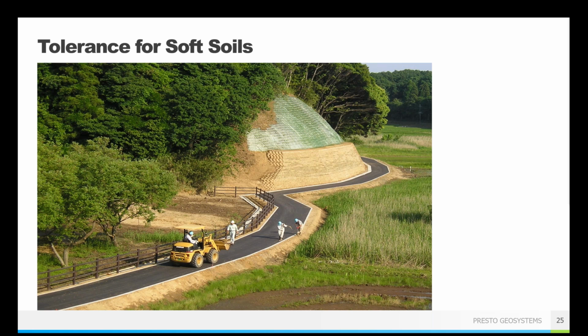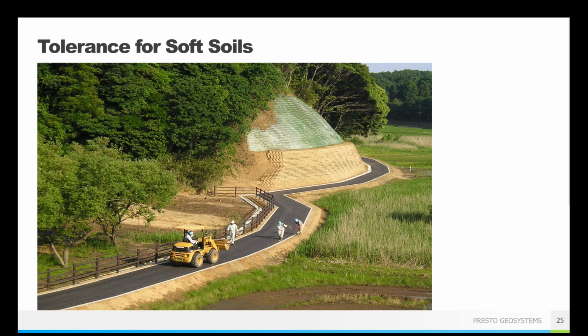without damaging or destroying the structure as a whole. So a reasonable differential settlement is different for every project site. There's no line of what differential settlement is acceptable and not. But in general, GeoWeb walls can handle several inches of differential settlement, which can be vital, especially if you have maybe saturated soils that might see some areas full of saturation while others stay dry. You can definitely see where settlement could occur there.